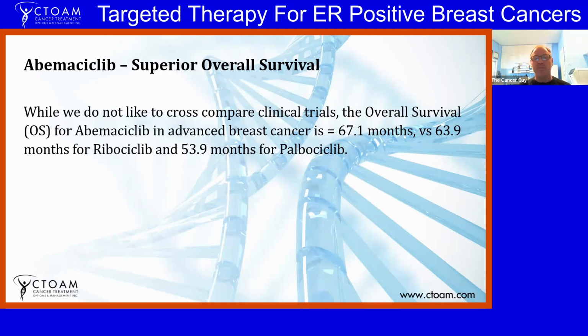But overall, abemaciclib in advanced breast cancer typically results in up to a 67-month overall survival. And that's a significant improvement when you think of that. So, if you weren't taking abemaciclib, here's an extra 67.1 months that you could add to your life versus 63.9 for ribociclib and 53.9 for palbociclib. Now, once again, these are averages. They're called medians. Overall survival refers to, and we did a video on statistics,